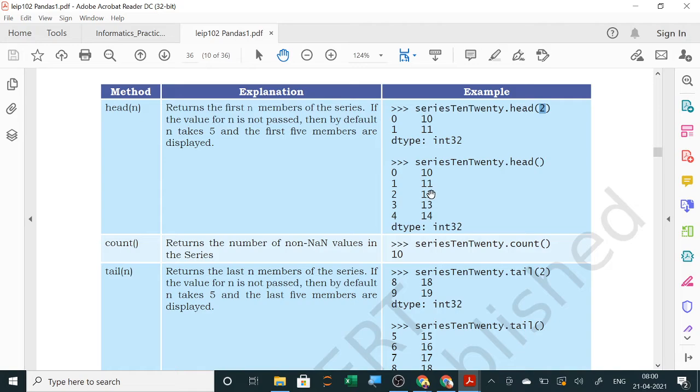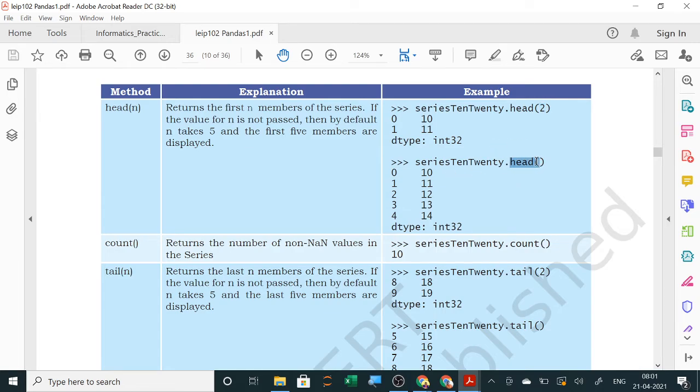So this we will practice and see where we will use it in our project. If you are asked who is the topper of the class, then I will give head 1. If they ask you to display the first 10 ranks, if it is sorted, suppose you have sorted in descending order of marks or ascending order of rank, it is sorted. Now when you are asked to display the topper, you will simply write the name of the series. These we will use in data frame also. So in data frame it will be in tabular form. So there also the same thing will happen.